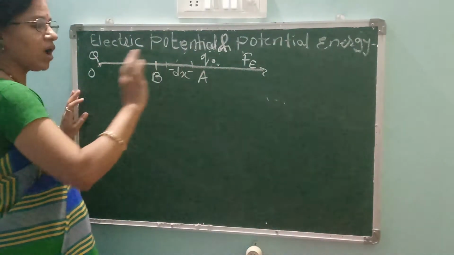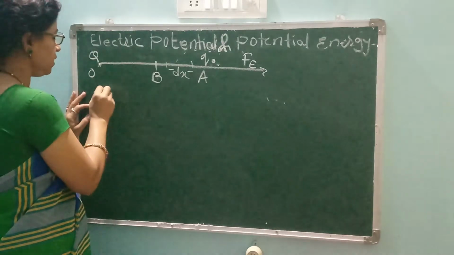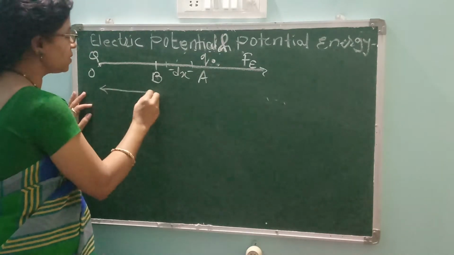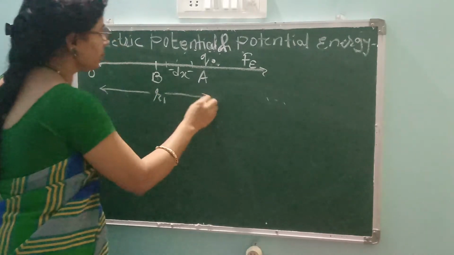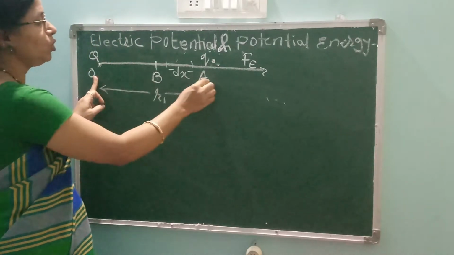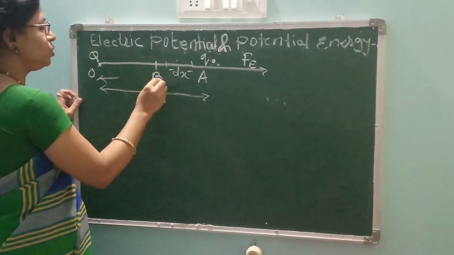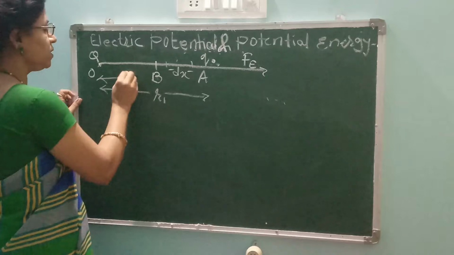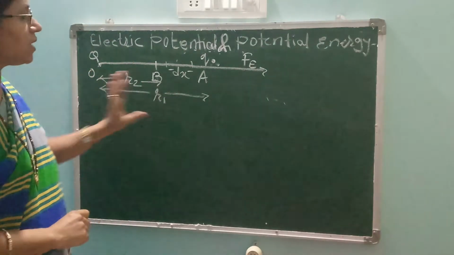Now if you have to explain this diagram, from this point, इस point से लेके हम लोग distance देख रहे हैं, so this is the distance r1. कहाँ से? From O to A. Now from the point O to B, the distance is r2. ये हो गए तुम्हारे सारे distances.